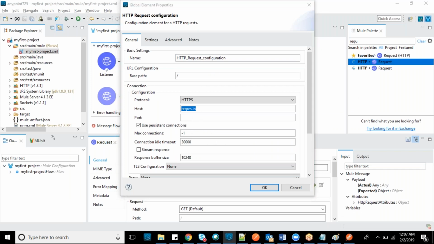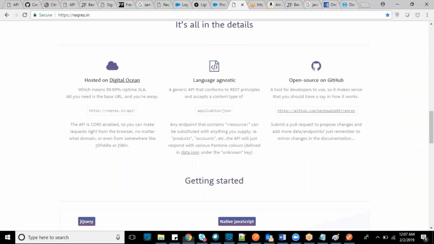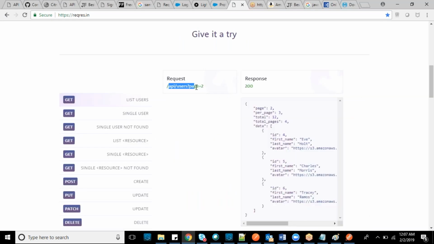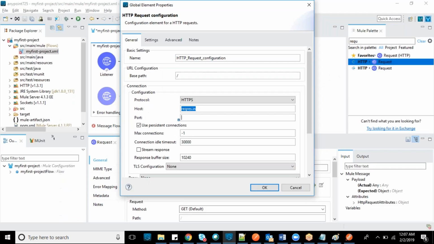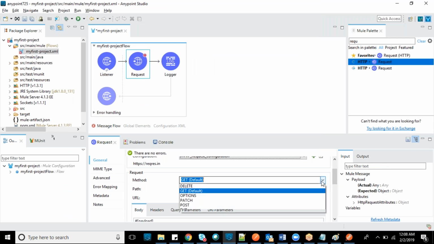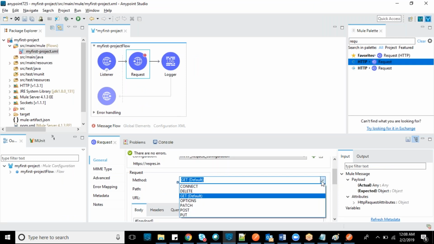Currently, we don't have any port for this. And we have the backend request. Take that and so configured host. That much is enough here. And after that, come down. This is a get request or post request. You can see over here, we will be having a lot of things.